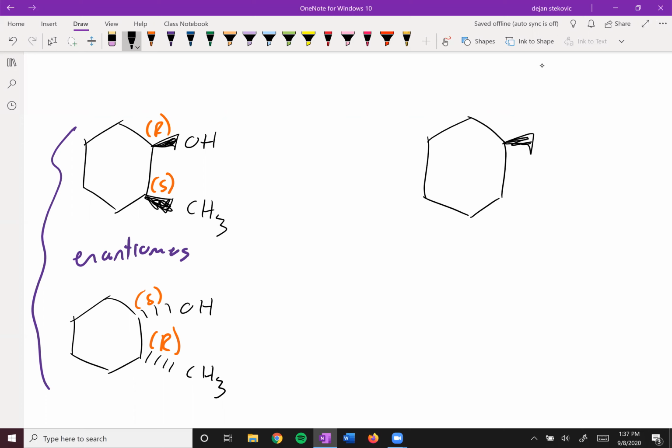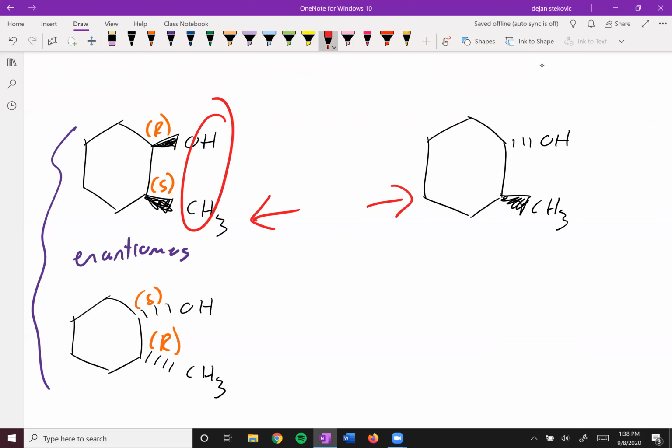Maybe one wedge up here, or maybe a dash up here, and then a wedge down here, right? And so if we think about the relationship between these two, they're not mirror images, right? This one has both up, this one has one up, one down. They can't be a mirror image of one another, but they still have the same constitution. And so they are stereoisomers of one another, or they are diastereomers,